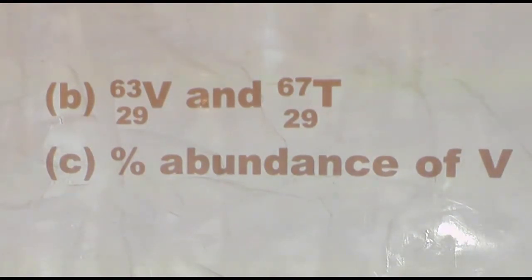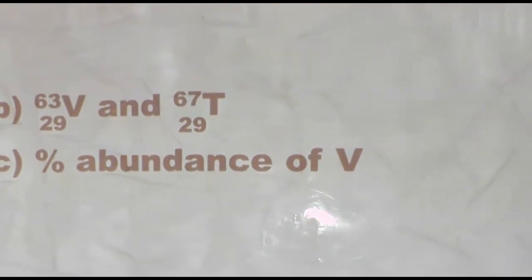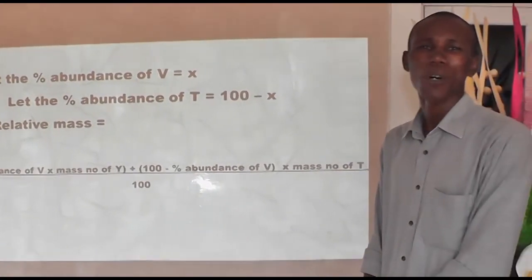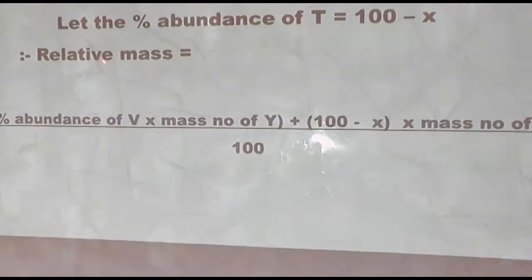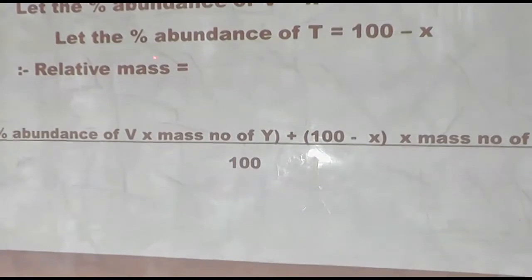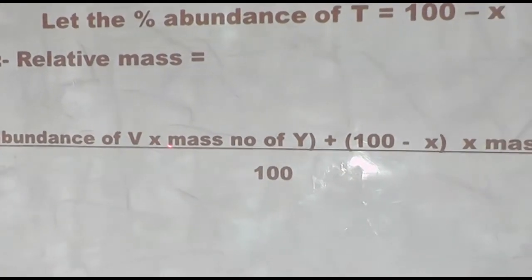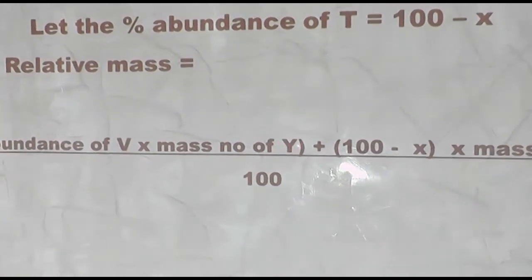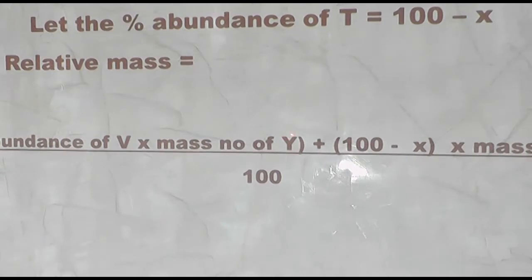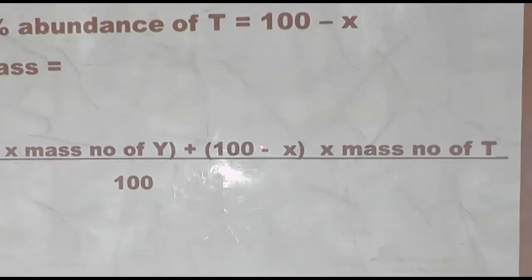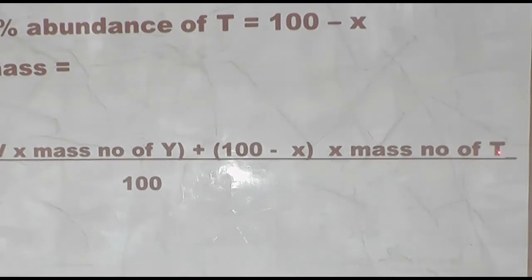Now, to answer the C part of the question, asking us to calculate the percentage abundance of isotope V. By way of solution, we don't know the percentage abundance of isotope V. Therefore, the relative atomic mass will be equal to, open brackets, percentage abundance of isotope V, X, multiplied by the mass number of V, close bracket, plus 100 minus X, where 100 minus X is equal to the percentage abundance of T, multiplied by the mass number of T,